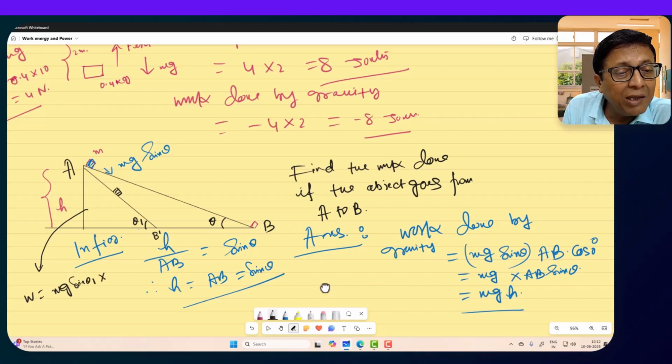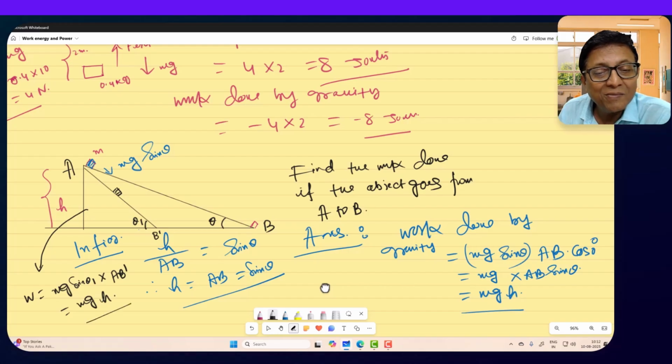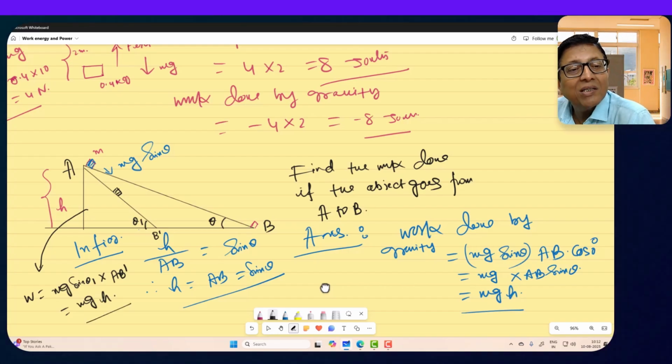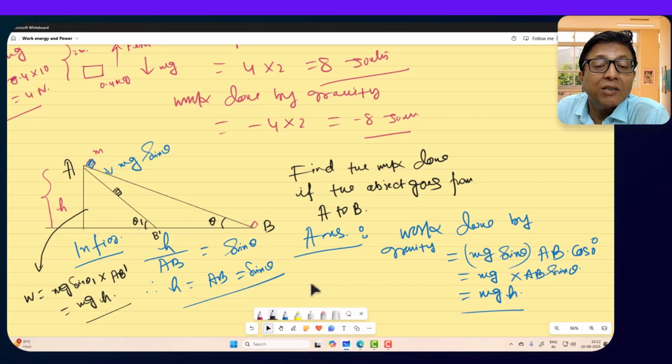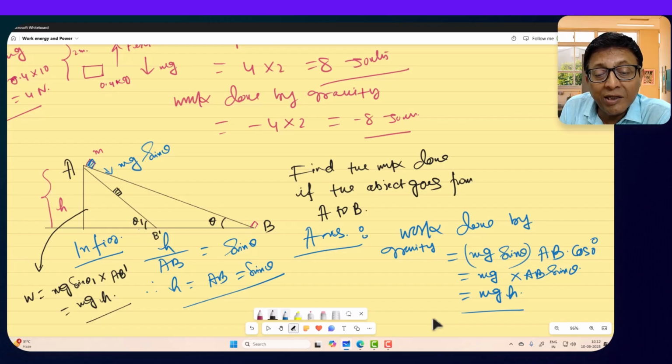Mg sin theta into the displacement AB dashed. Now H is again AB dashed, so mgh. Work done is independent of path joining A and B. This observation you can also make here. This concept is required in future, that's what I am telling you. So work done by gravity, you can write a note here,